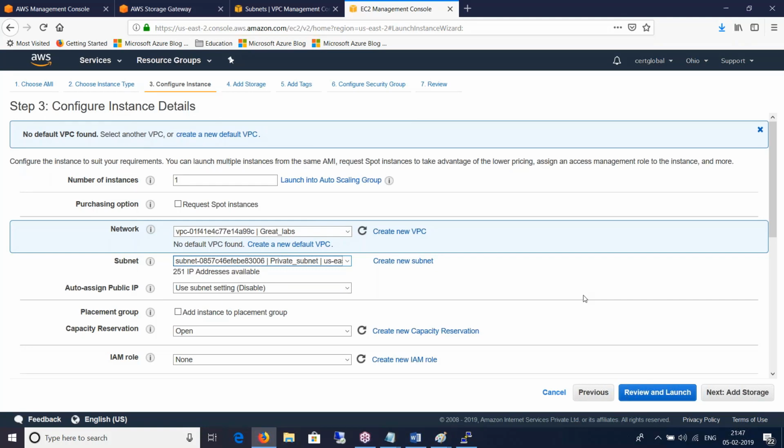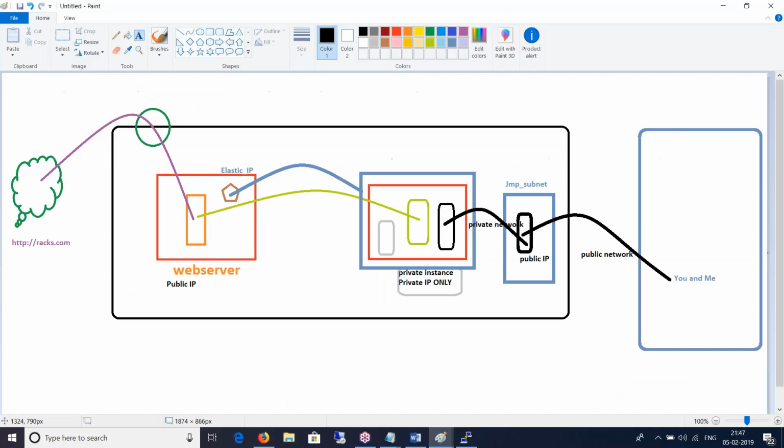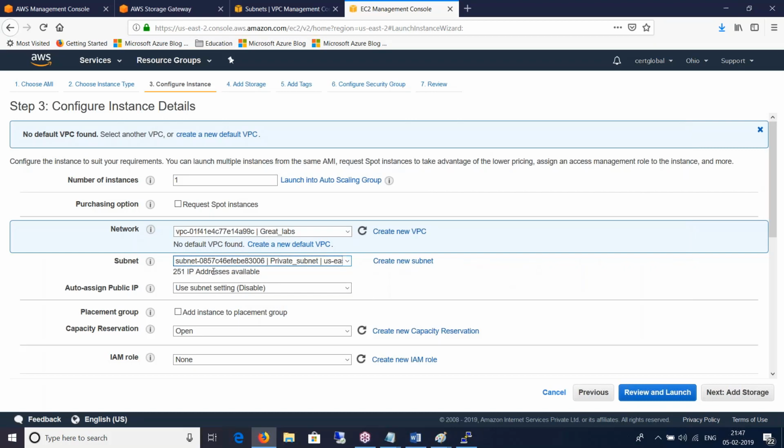Okay, so we are doing 2 labs here. One is a NAT gateway lab, and second is a jump host lab. So 1 bullet and 2 pigeons, 2 birds going off. So all right, this guy does not get a public IP.